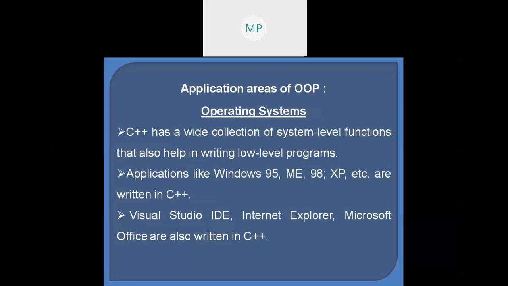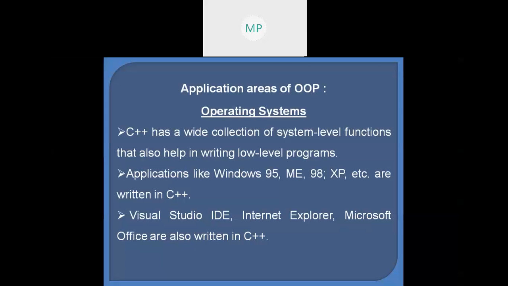It can also be used for designing operating systems. C++ has a vast collection of low level functions that help in writing low level programs.